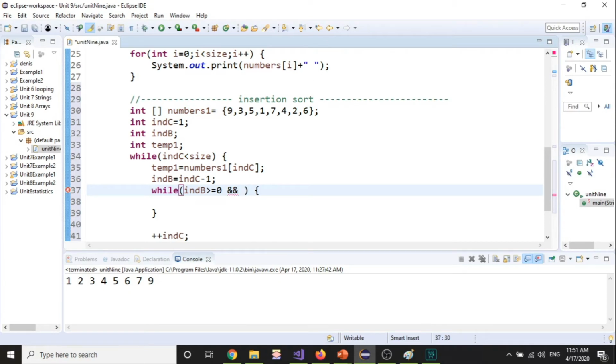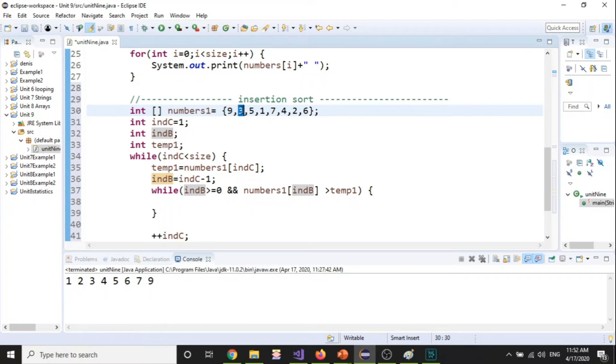Number two, and this is very important, numbers 1 of index B should be, if that value is basically greater than temp 1, what am I going to be doing here? Well, as I said before, and this is very important, look what I'm doing here. I'm saying, as long as B is greater or equal 0, which in this case it is equal 0, that's number one. Number two, as long as the value of index of B, which in this case is this one, if that value was greater than the temp, which is basically where I start this,